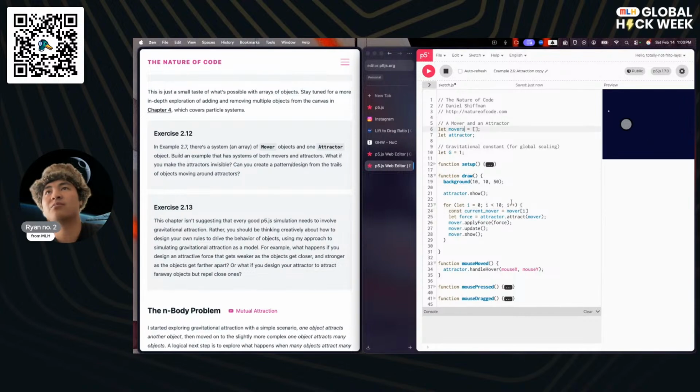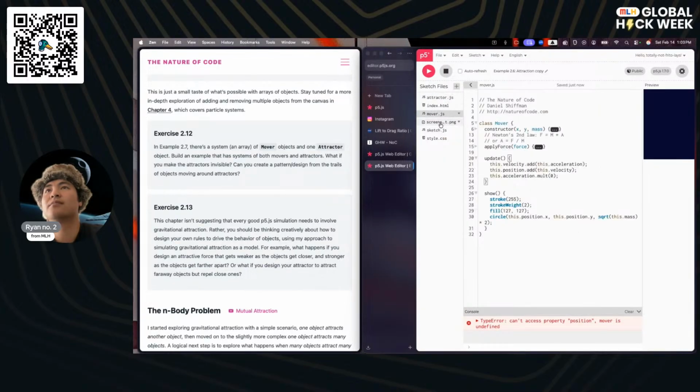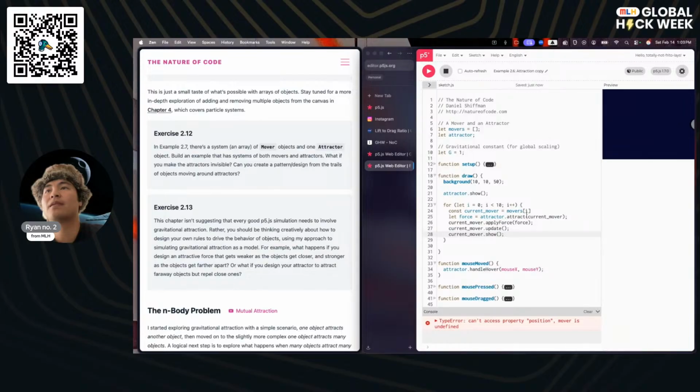Let's change this to movers. Okay, there we go. And so this should continue to work. Can't access position, movers undefined. Movers[i].